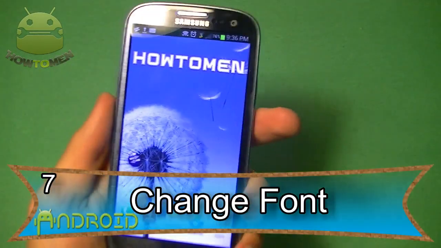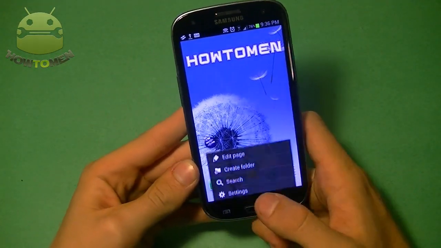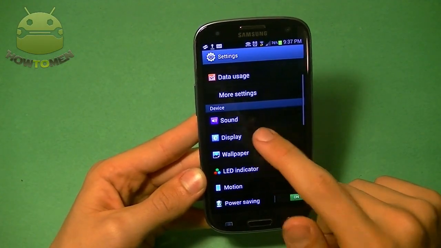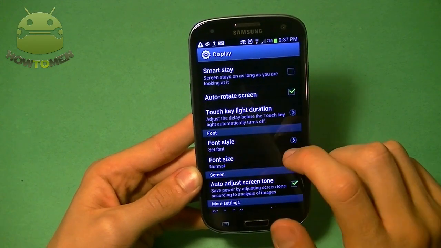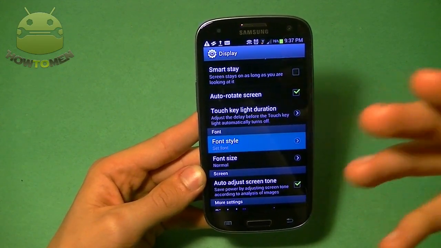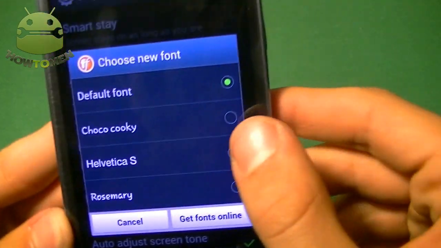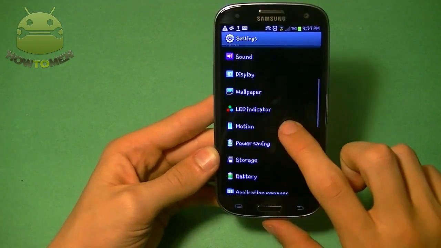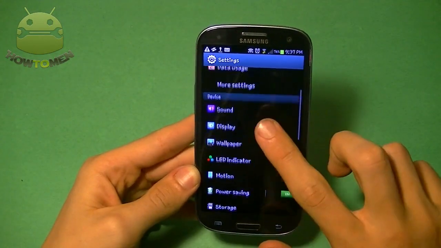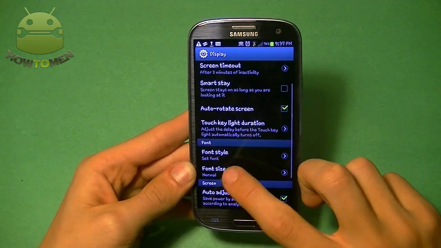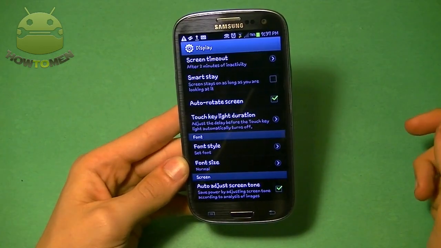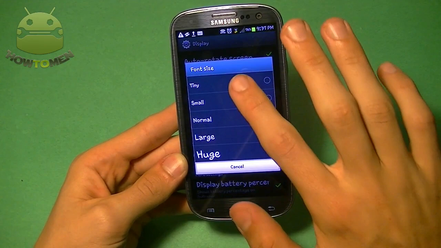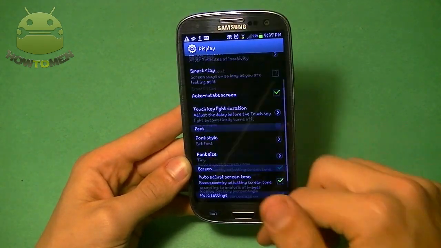At number 7, you can change the font styles and the font size on your phone. If you want to change your font, all you have to do is go into your settings once again, click on display, and go down all the way to font, and you can change it to whatever font you want. For example, if you want that crazy little chocolate cookie or whatever, you can set that font, and it changes the font, so you don't even have to be rooted to do that. It comes with your phone already, and you can change the size. If you want it huge, you can change it to huge, and there you go, huge. Or if you want small, like teeny tiny, it changes it to teeny tiny,